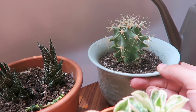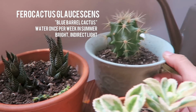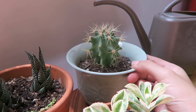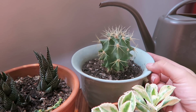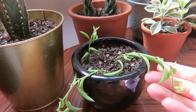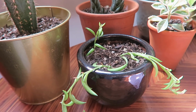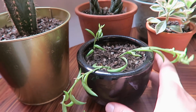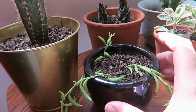This right here is a Ferocactus glaucescens. Oh my gosh, why do I keep trying? Also known as the blue barrel cactus, and his name is actually Lee because it has spikes, and he's named after Spike Lee. And this little girl is actually one that I propagated myself. I got these cuttings and put it in water for maybe about a week or 2, and it rooted very, very well, so I finally put it in a pot, and I can't wait to start propagating more so I can fill it up and it doesn't look so